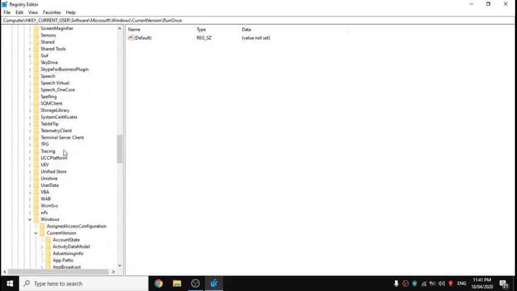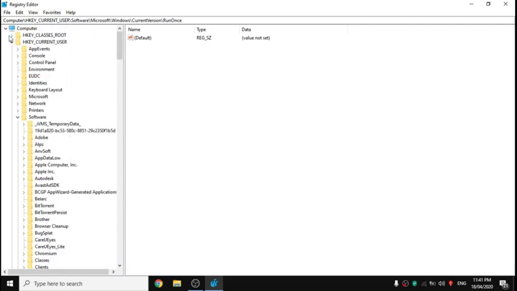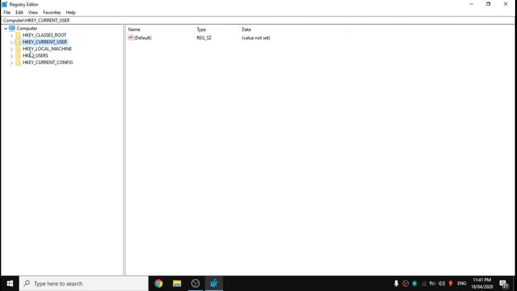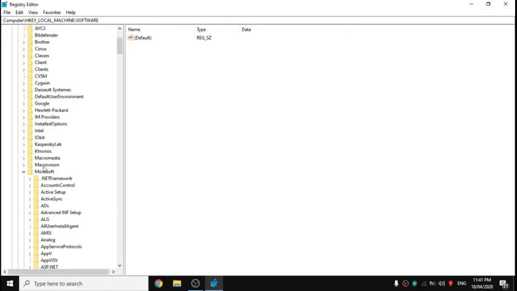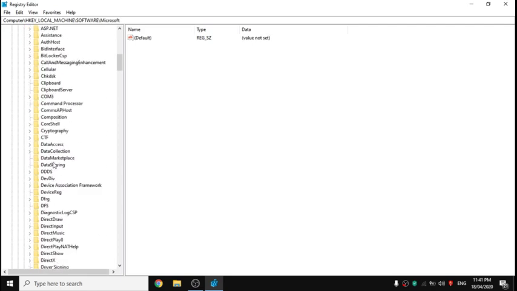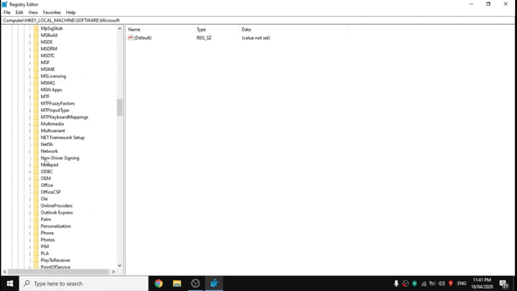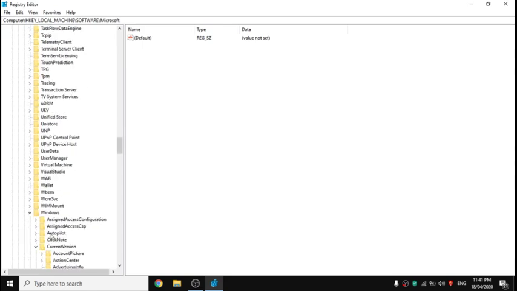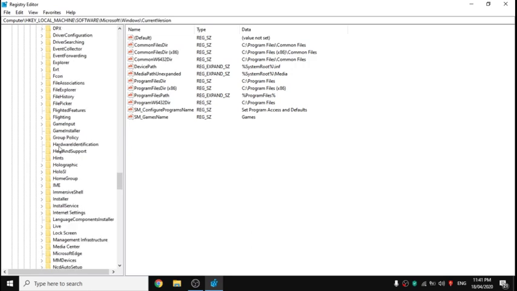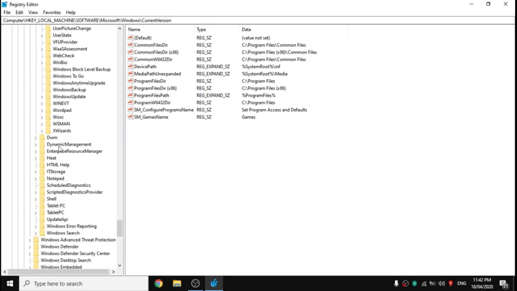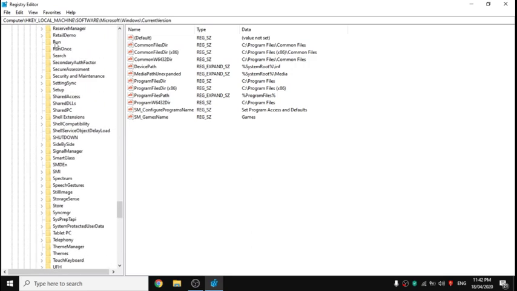After it is done, close this folder, and now we have to check in HKEY_LOCAL_MACHINE. In HKEY_LOCAL_MACHINE, again Software, Microsoft, Windows, CurrentVersion, and Run.